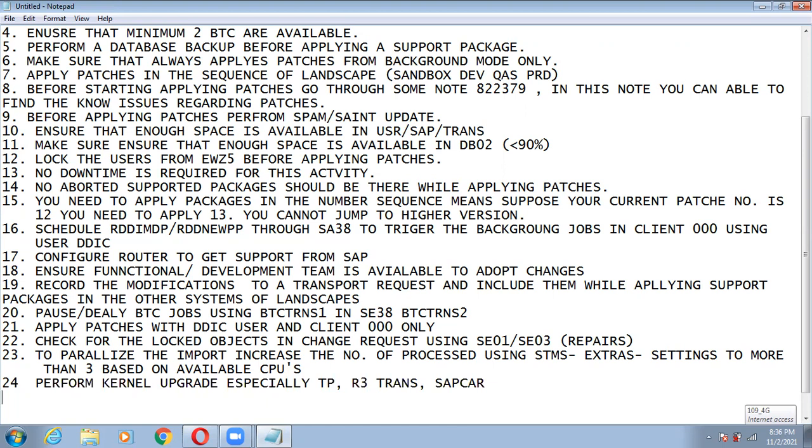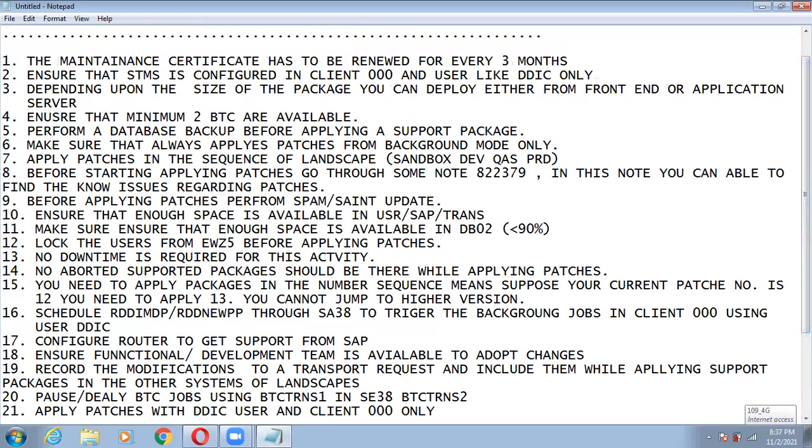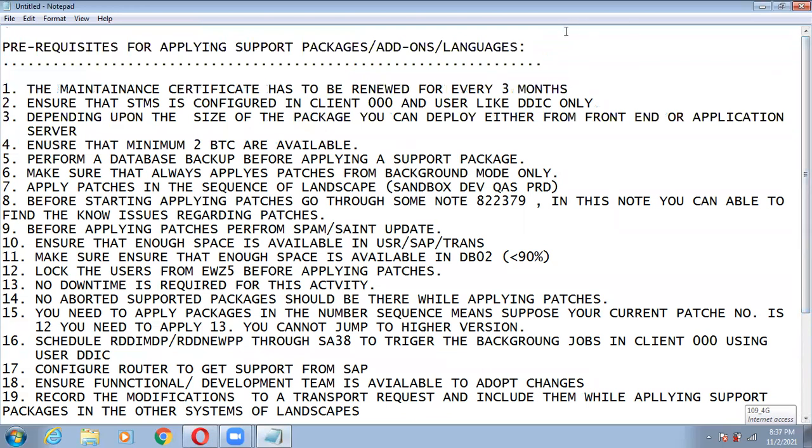I'm checking. And 25th point, apply is not required. So these are all the 24 points, the prerequisites for all this.